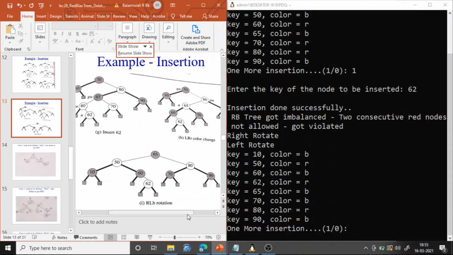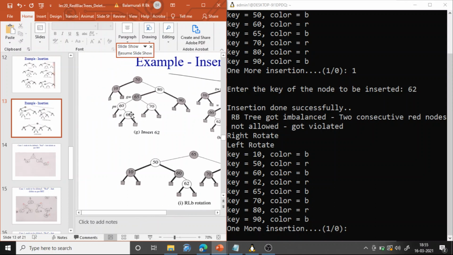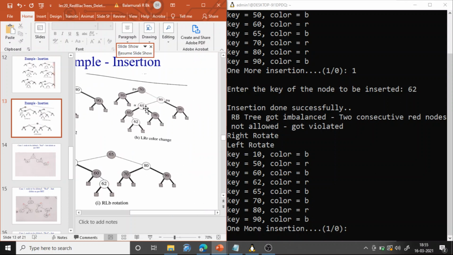So you can just recolor. But when you recolor, what happens? The 62 will be red, the parent 60 will become black, and the grandparent will become red. Now the grandparent becomes the new U, its parent becomes P, and this becomes the grandparent.